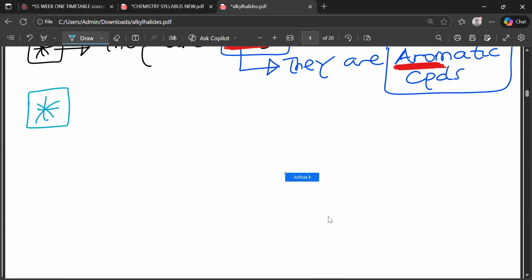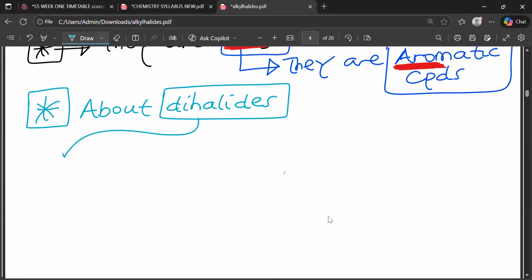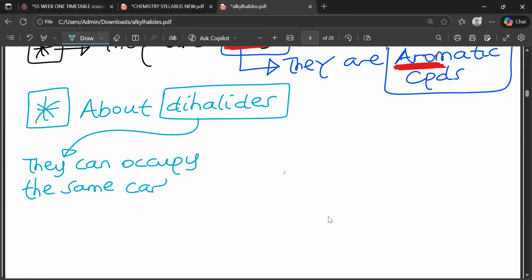Now, I want to pose a question about dihalides: they can occupy the same carbon